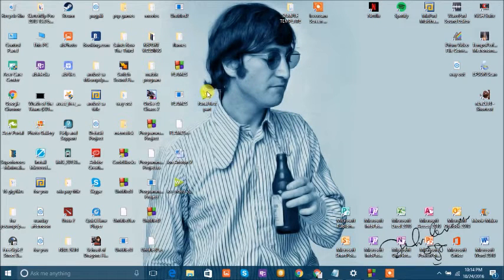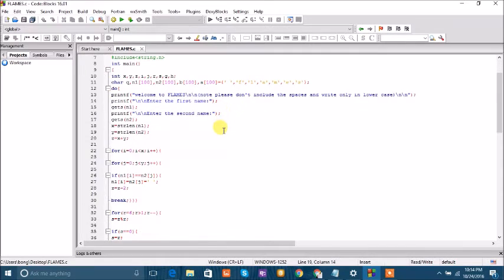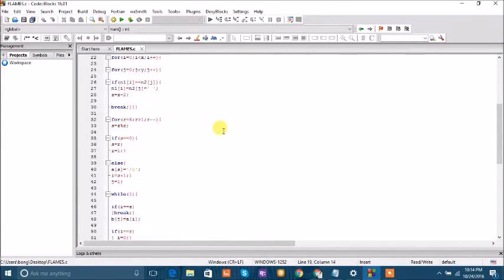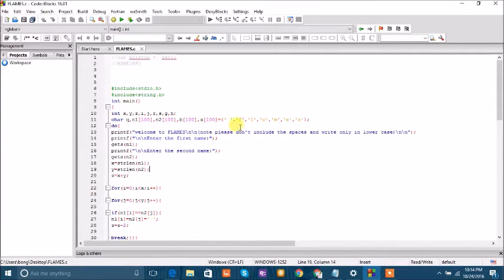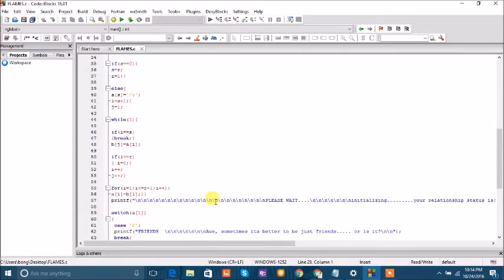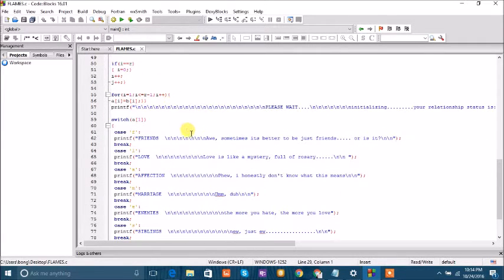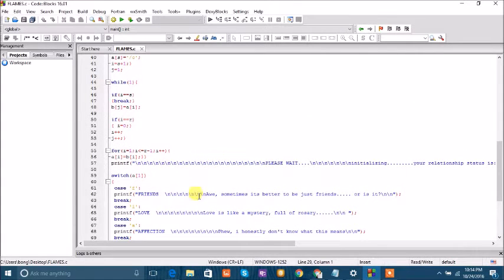I'm going to explain right now how I came up with the code for my Flames program in my computer programming class this semester. So let's go. I'm using C right here. As you can see, I have made a very short and brief program about Flames. I think it's very easy to understand. I've used some for loops, a while loop, a switch, some conditional statements, and a lot of printfs,